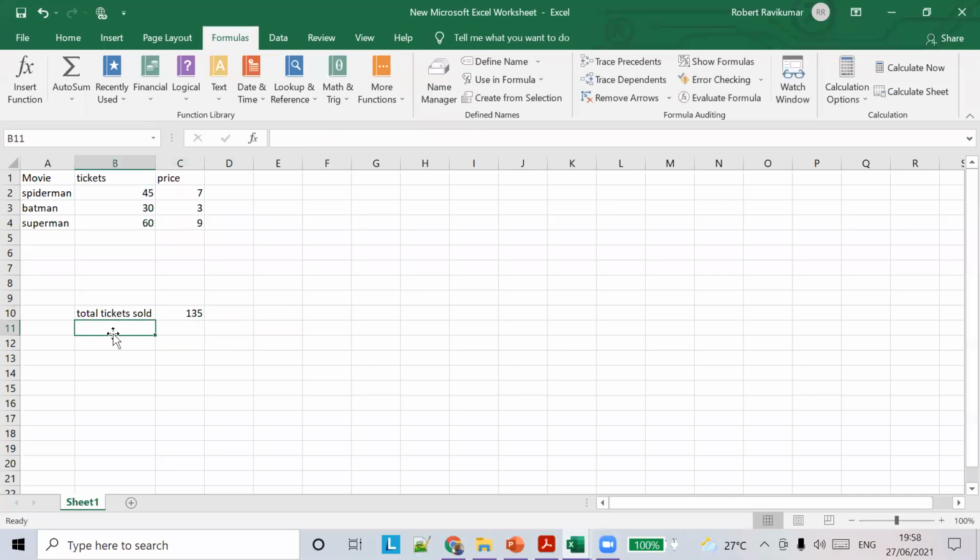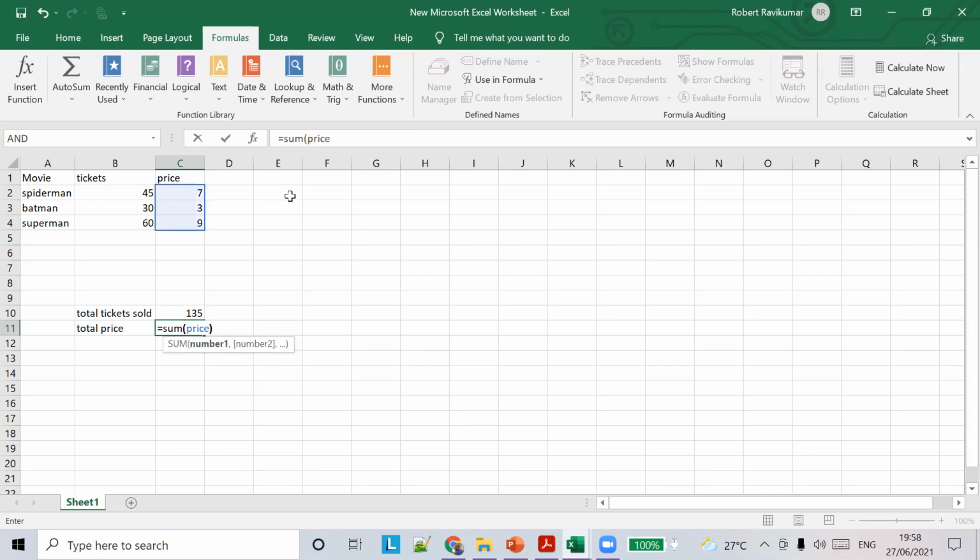If you want to find the total price, can somebody tell how to find the total price using a name range? Equal to sum of price. Very good. So the names are already created. This is how you use a named range.